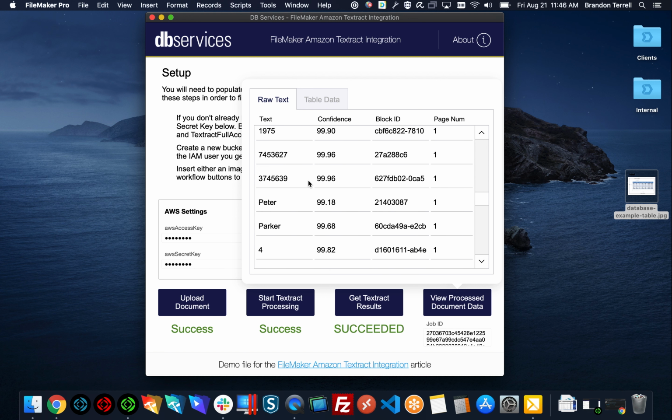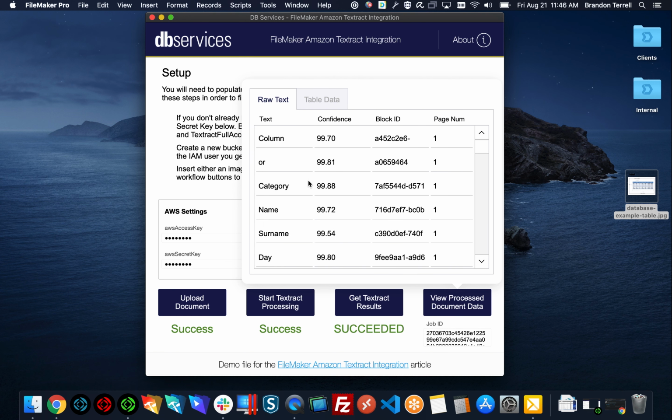Now, each of these blocks also has that location, which gives you the top, the height, the left, and the width. And using that, you can do calculations to identify words that are next to each other, either to the left or right, top or bottom, and use those kinds of calculations to parse key value pairs if you have specific invoices or where specific words are going to be located on those pages. You can use those relationships to pull the data you need.